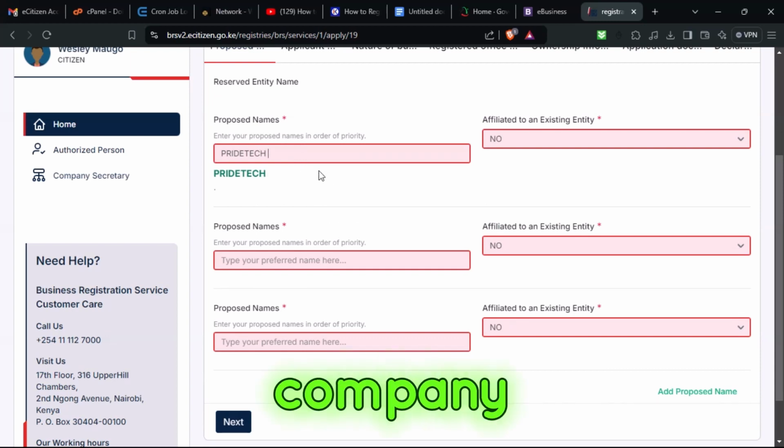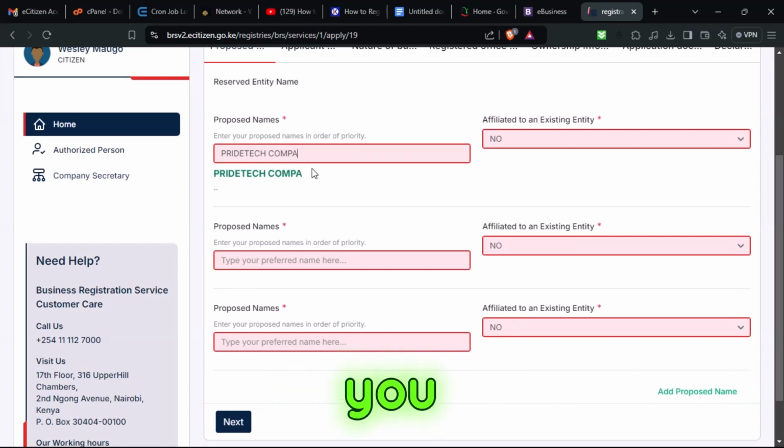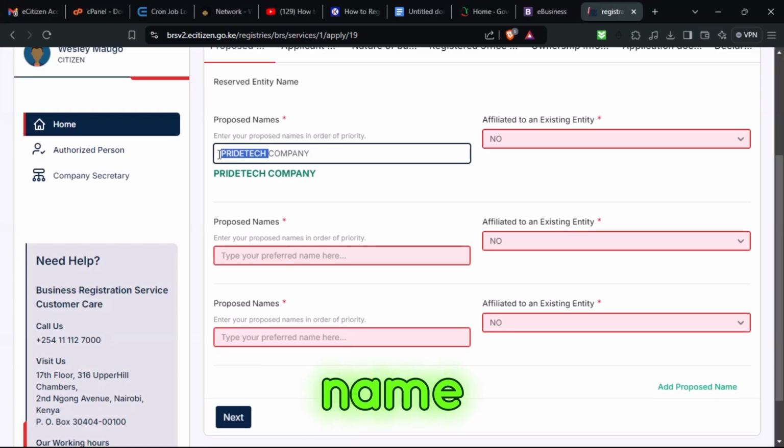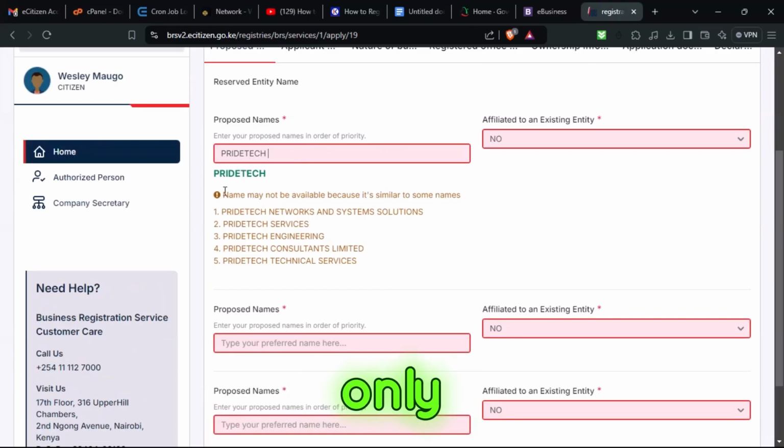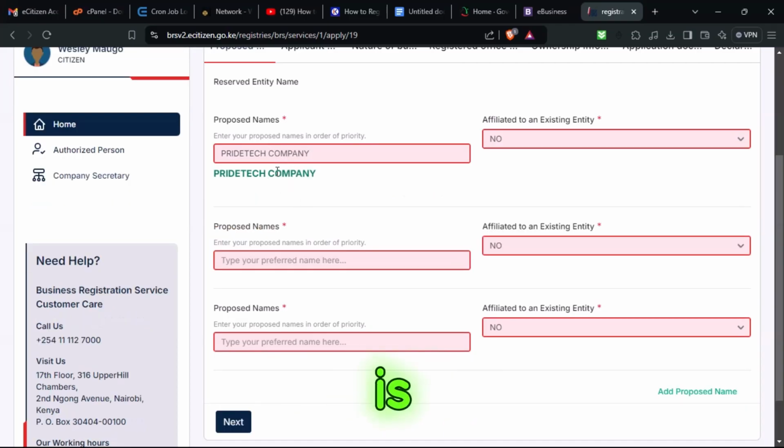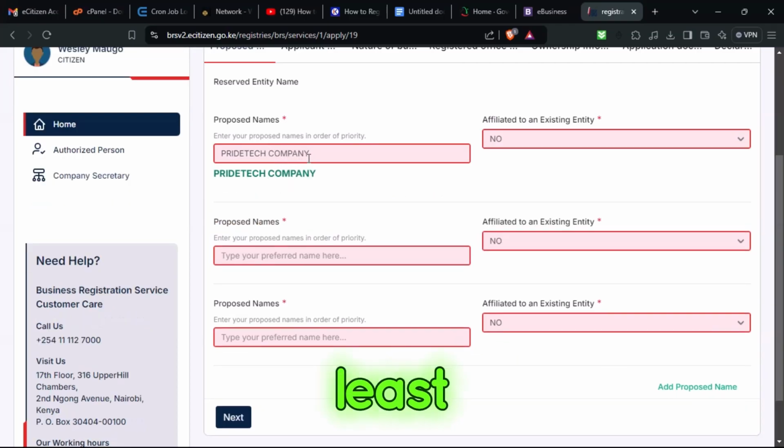Pride Tech company. Another thing you actually have to know is that they don't accept a single company name. You have to give at least 2 names, because if you give 1 name, they're going to reject it. You're going to find the error here. If for example you take Pride Tech, it will accept it, only giving you a warning of already existing companies with the same name. So here, if we add the second name, that is what will be accepted, at least 2